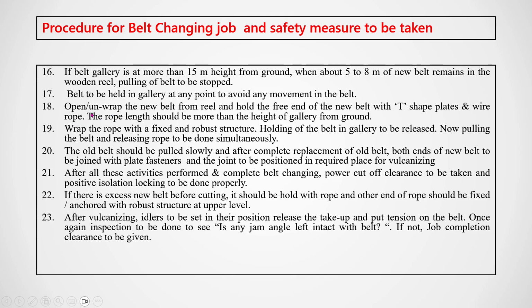Then unwrap the new belt from the reel and hold the free end of the new belt with a T-shape plate. Again, you have to provide the T-shape plates. First of all you have to remove the old belt, then you have to put in the new belt. Again, T-shape plates you have to provide at one end of the new belt, and then with wire rope you have to pull it,